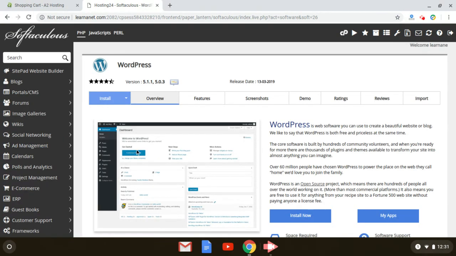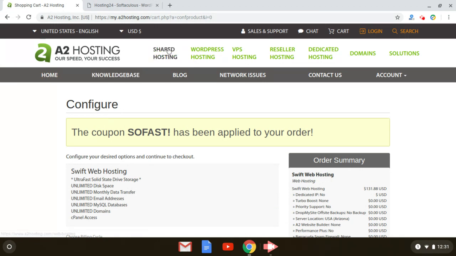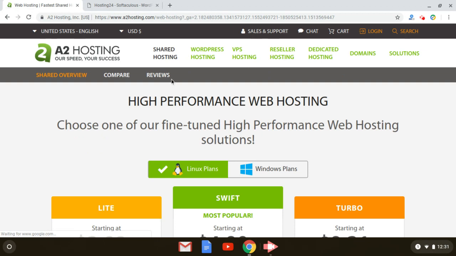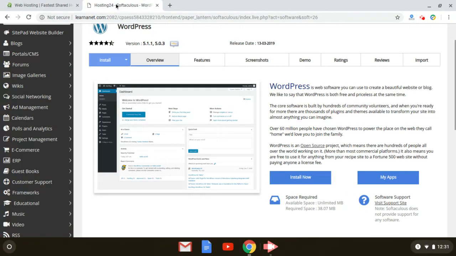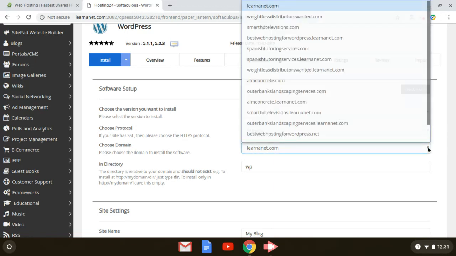WordPress is extremely user friendly. Anybody can use it. You can use this to add on domains with the Swift plan once you guys get started with them, being that you'll be able to create unlimited websites using this particular plan itself. And once you do that, it's really, really easy, guys. Once you click on WordPress, as we did on the previous page, just click install right here. What you're going to do right here, guys, is select the domain that you want to install your